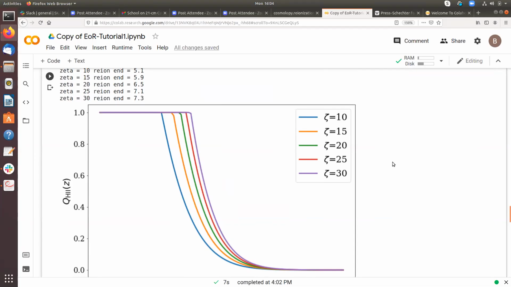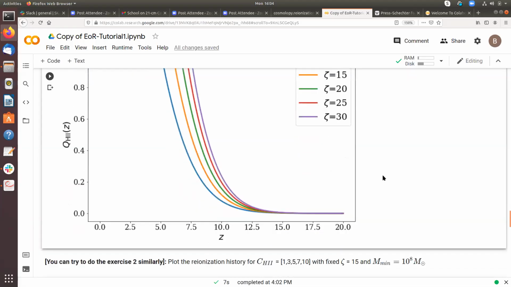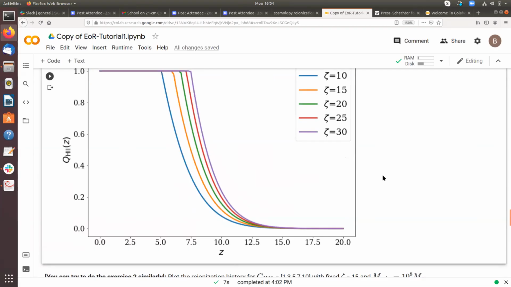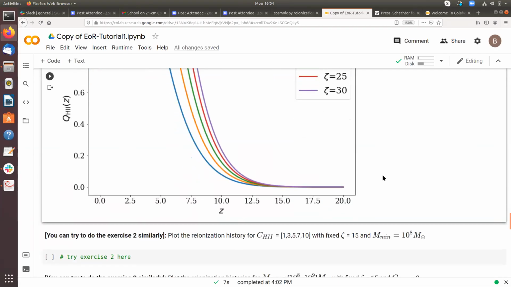So what we are seeing is that zeta is the rate of ionization, right? Which means that if it is less, the recombinations will be more. Basically, the ionizing efficiency means the number of available ionizing photons per unit hydrogen atom. So if it is smaller, then the number of available photons is itself smaller, so who will ionize the medium? And as it is increases, it will make it faster. So that's the thing.